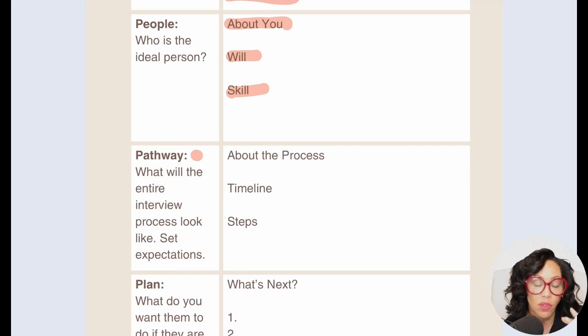And after we interview, then we're going to call some people in, or we're going to be screening resumes for the next 2 weeks. And then we'll give you a call if we are interested in interviewing you. You'll come to an interview. You're going to interview with a principal. And then if you have a second interview, you're going to interview with a team. Whatever your process is, you're going to lay it out so people know what to expect for you. And this is the pathway to getting a job at your school.